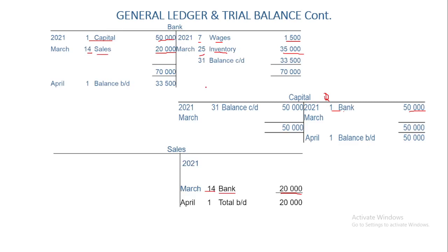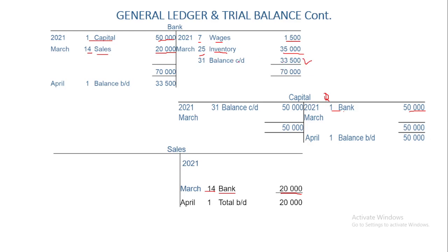Therefore, what is left for us is to make sure that all balance sheet accounts are balanced and all nominal accounts are totaled. So in this case, we're going to start with the bank account. So all the money that we received, the capital, the sales, equaling 70,000. So this will be our total, and this total will be transferred also to the credit side. And therefore, from there, we're gonna say all the money that we received, which is 70,000, minus all the money that we spent, how much are we left with in our bank account? So we're gonna have 70,000 minus 35 minus 1,500, giving us